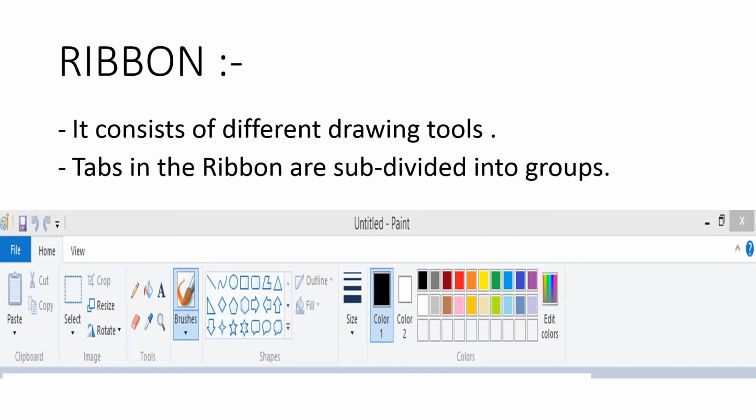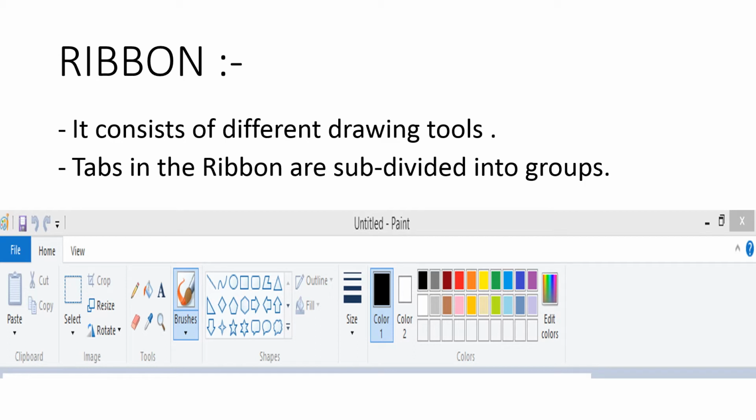Okay, these three menus, suppose for example, now we are going to see inside the Home tab, you can see different drawing tools, different sections of each tool. Okay, the Home tab contains the following groups: clipboard, we will find one section of clipboard, then image section, tools section, shape section and color section.